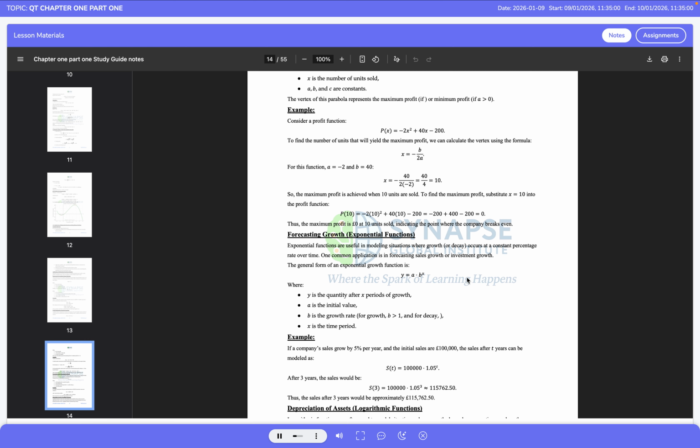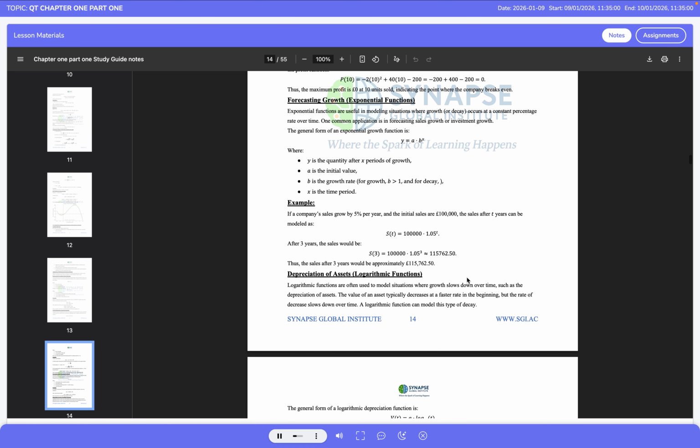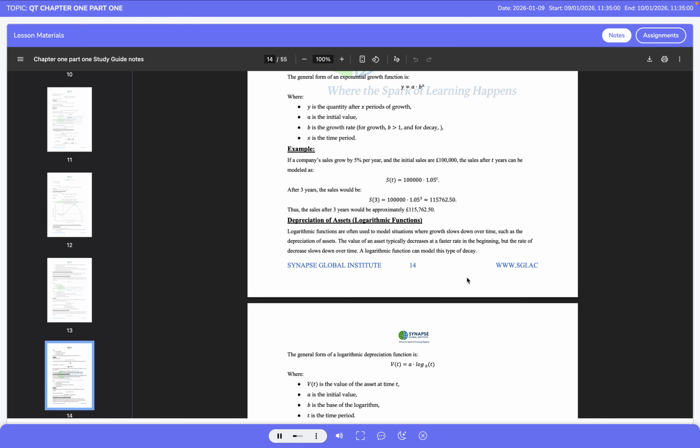decay. As an illustration, suppose a company's sales grow by 5% per year, and initial sales are £100,000. The sales after t years can be modeled as S(t) = 100,000 × 1.05^t. After 3 years, S(3) = 100,000 × 1.05³, which is approximately 115,762.5. This shows that sales after 3 years are approximately